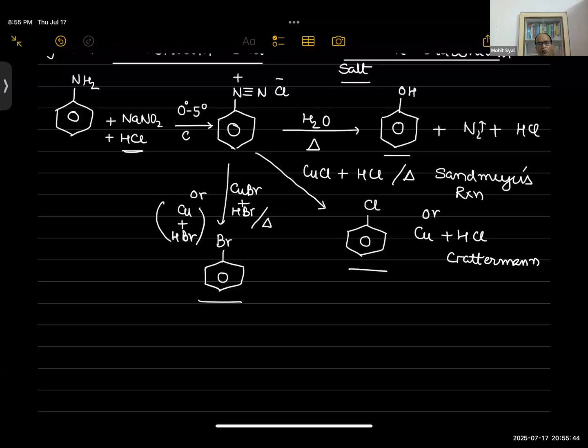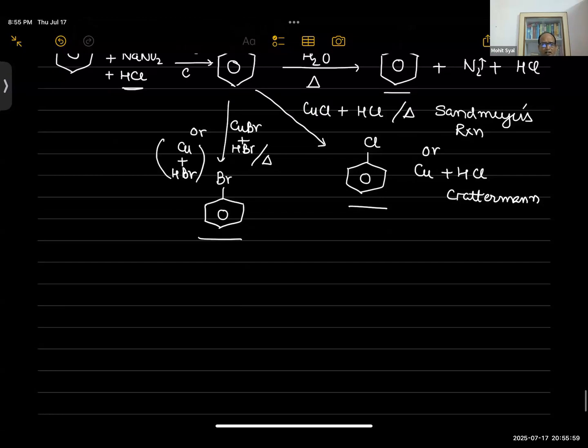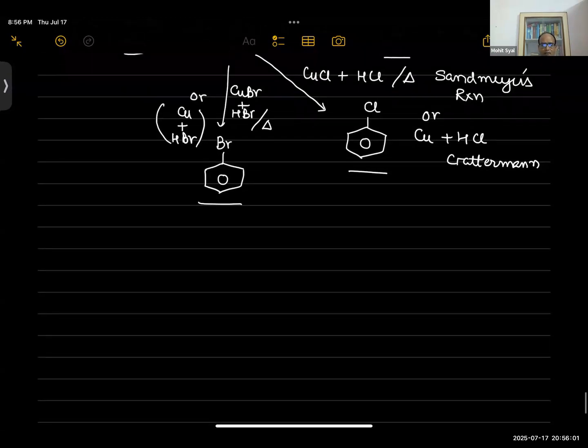Very, very important. These two reactions are from the previous chapter, but we were close to that topic, so we have discussed it. So this is the preparation using the diazonium salt. Now, a very, very important reaction which is being used everywhere, and that is